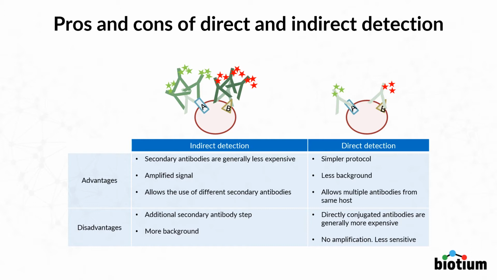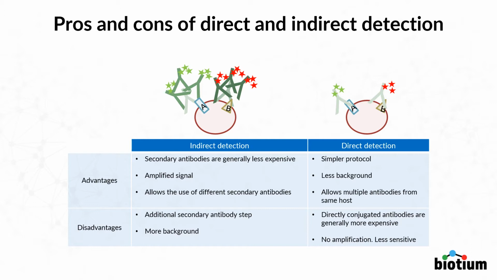and direct detection. We're most commonly familiar with indirect antibody detection, which employs a primary and a secondary antibody for amplification. The advantage of this technique is generally that secondary antibodies are less expensive. They offer an amplified signal because multiple secondary antibodies will combine to the primary antibody. They offer a bit more flexibility because you can mix and match different secondary antibodies of different labels for different